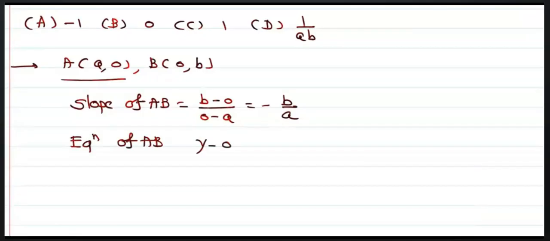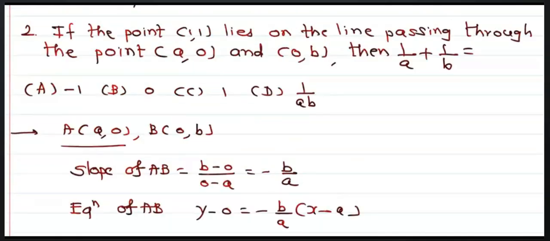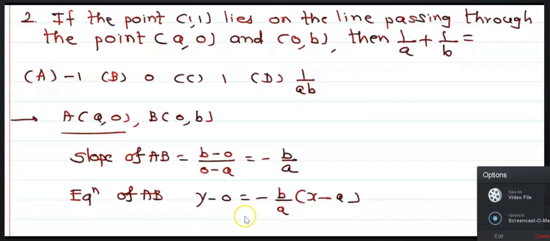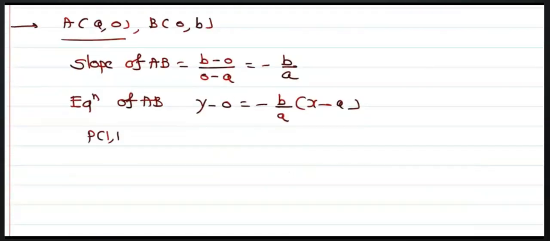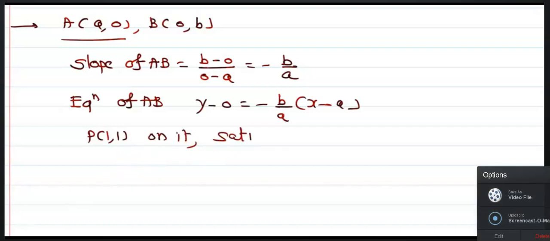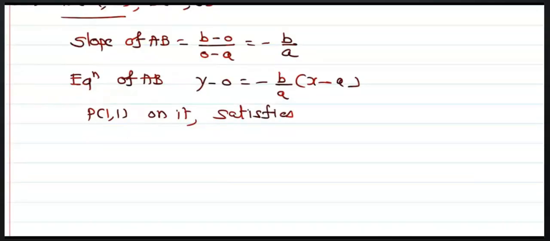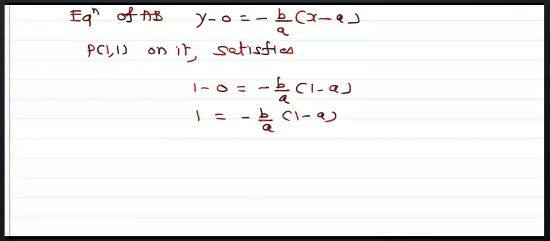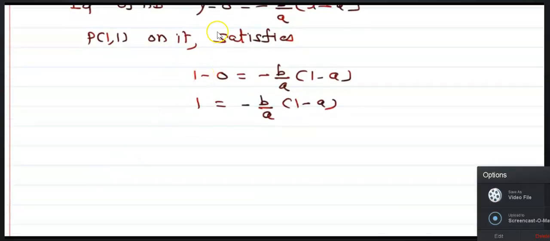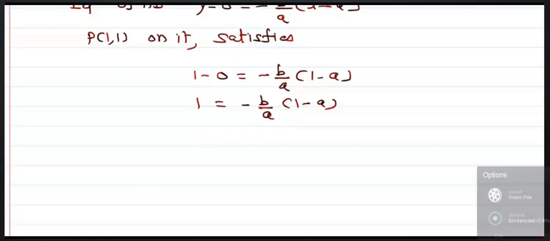Equation of AB, y minus 0 is equals to -b upon a, in bracket x minus a. Now the point (1, 1) lies on it. It satisfies that equation. Point (1, 1) lies on that above equation and it satisfies. Replace y by 1 and x by 1, then we will get the required